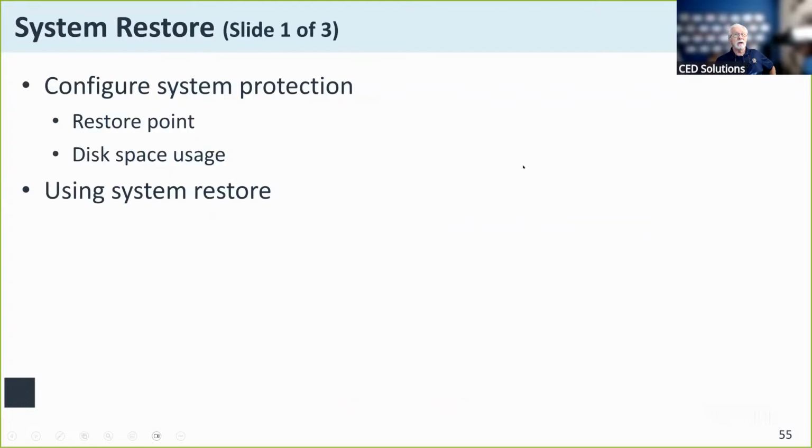There's also certain things when we load up an operating system in a Windows environment, you can set up to have the system automatically create these checkpoints. It's just a point-in-time storage, if you will, or copy of what the system configuration is at that point in time. And I can use those checkpoints to roll the system back to a certain date and time.